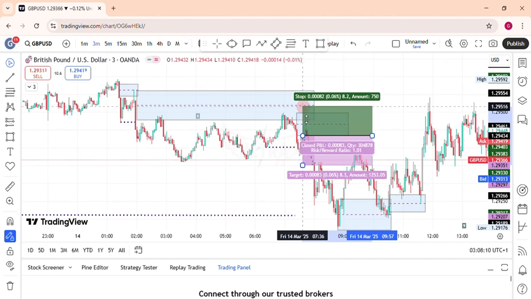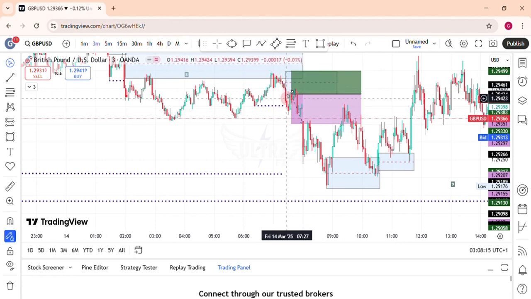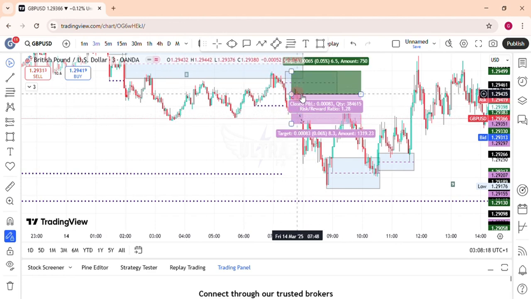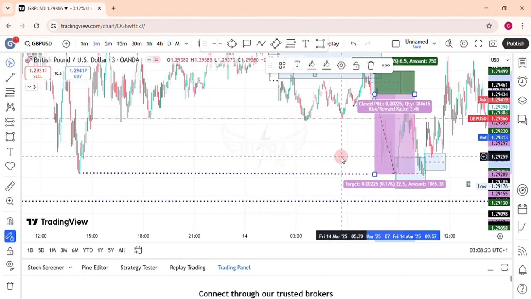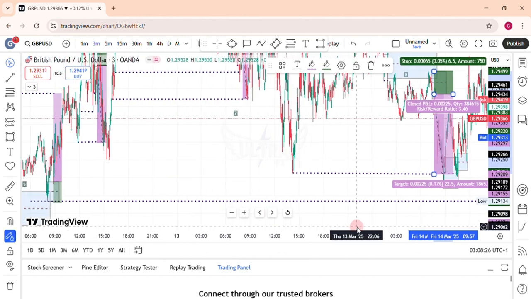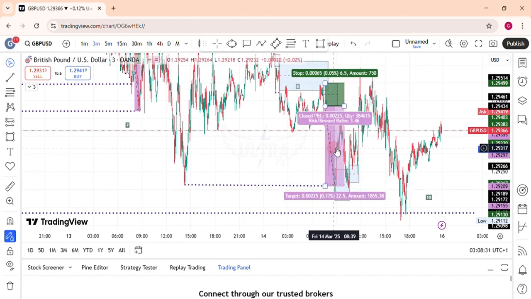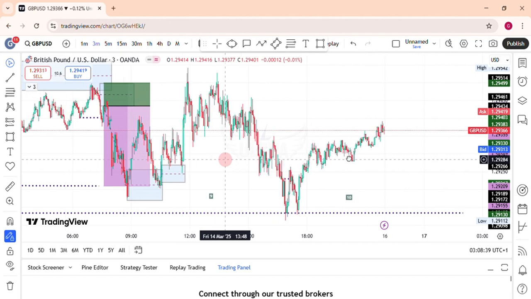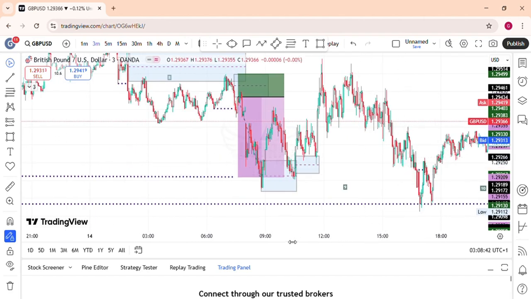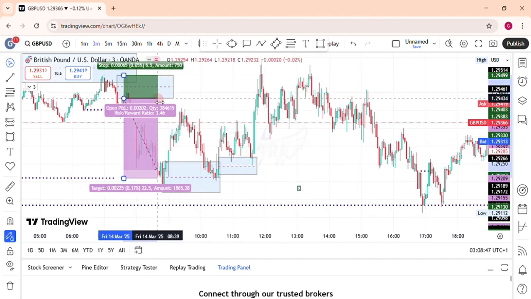Now put your stop loss right above this previous high that created this fair value gap, and your entry here, your take profit should be at that low right there. So this is where your take profit should be, giving you a risk reward of 3.46. So the next trade is our number 9 trade. Our number 9 trade is just after this one here.